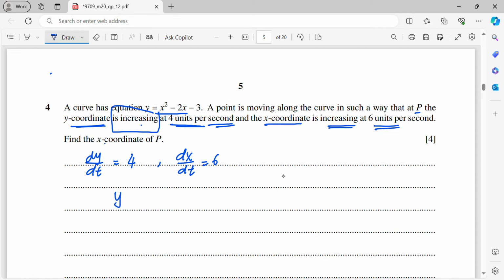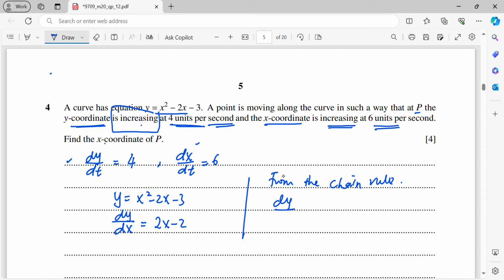So first of all, I need to rewrite the question. Okay, so from here, since you are given dy dt and dx dt, most likely you need to find dy dx. Okay, so I have to find dy dx. Later on, from the dy dx, dy dt, and dx dt, I will just apply the chain rule. So when I differentiate x squared minus 2x minus 3 it is basically 2x minus 2. Okay, at the same time, from the chain rule,